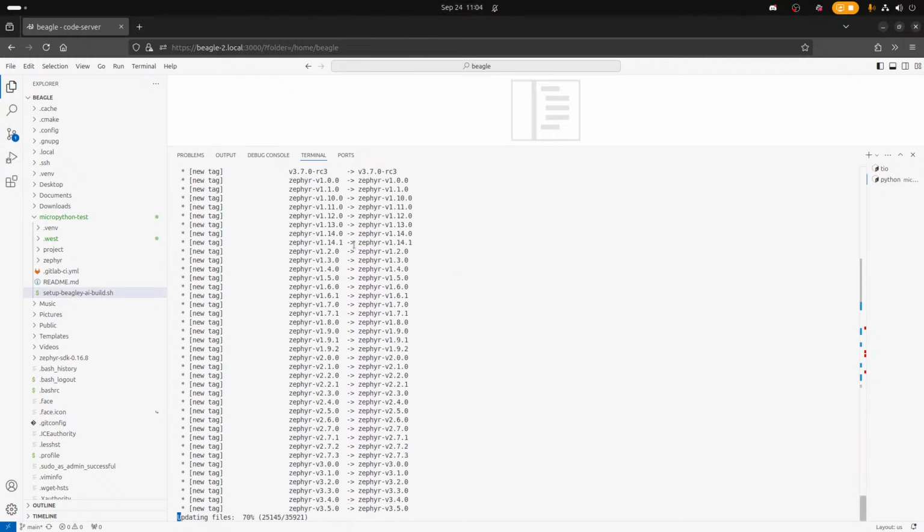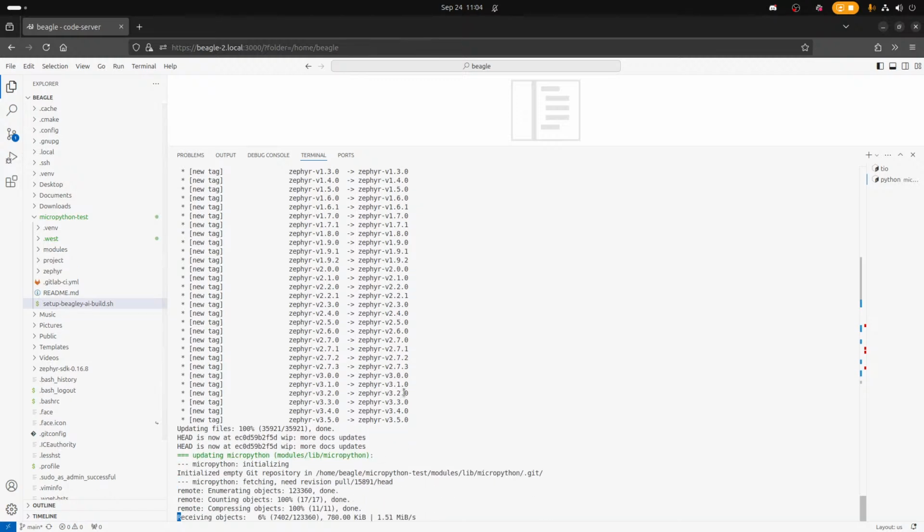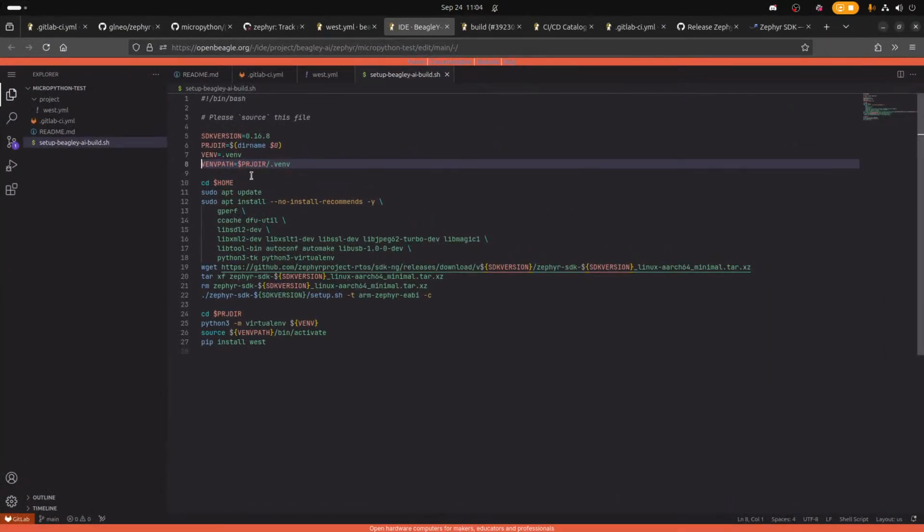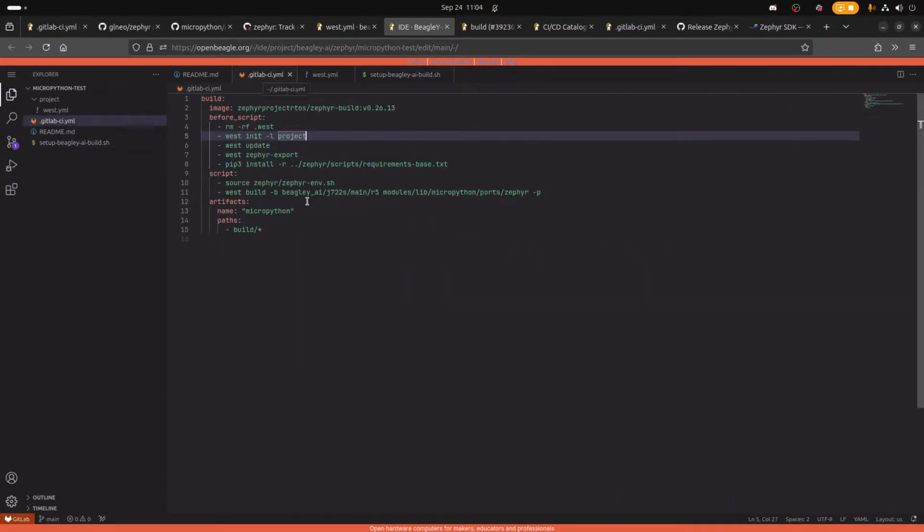I want to try to wrap up. We're just so close to debugging our CI, like seeing it live. Actually, why don't we fix the CI while this is waiting? Because now the GitLab, as you said, is correct: west init project, source Zephyr environment.